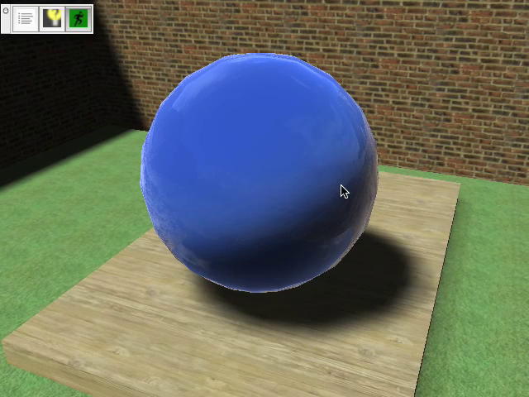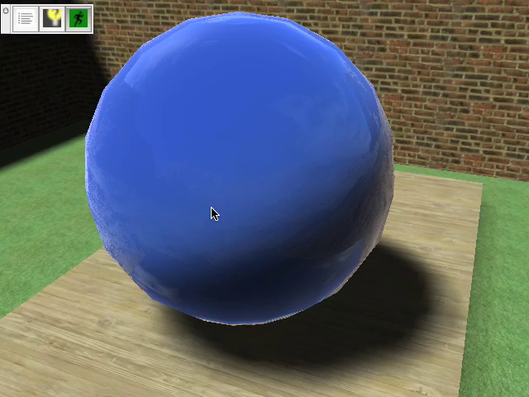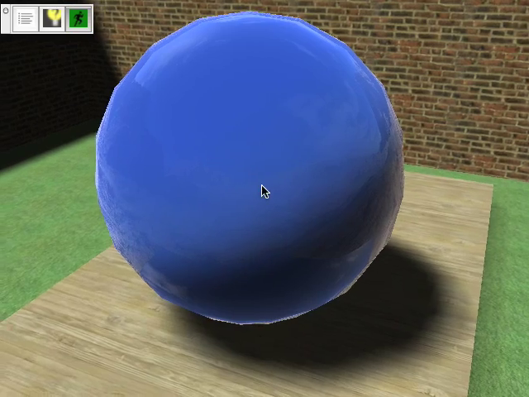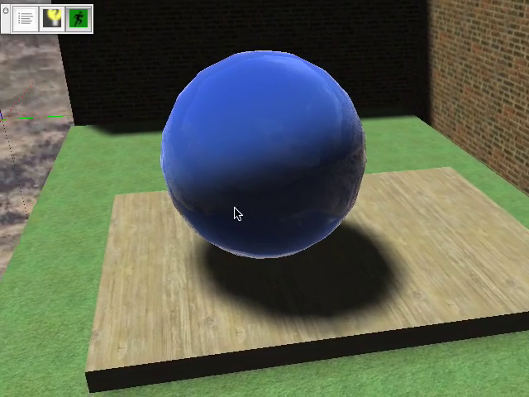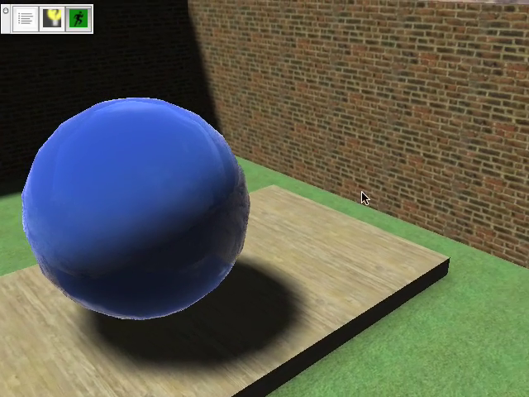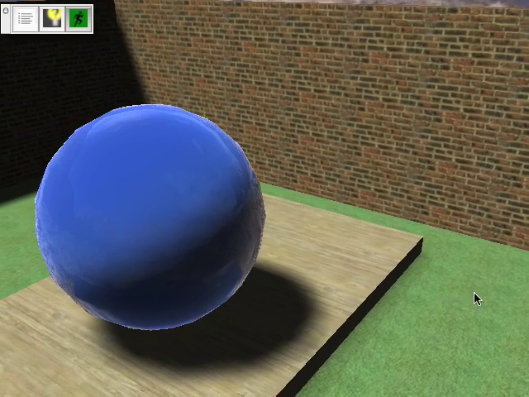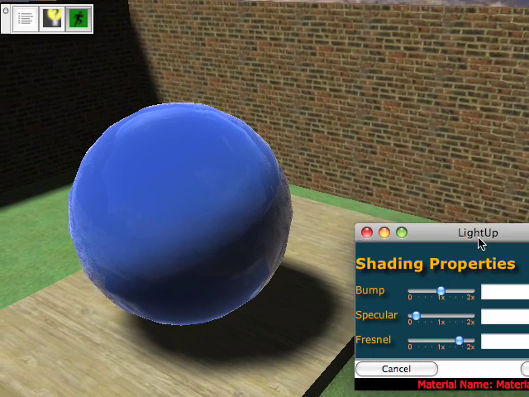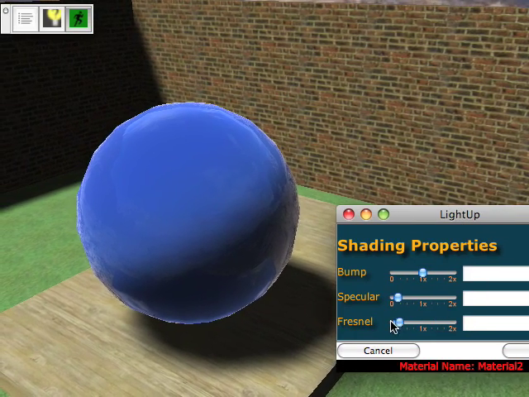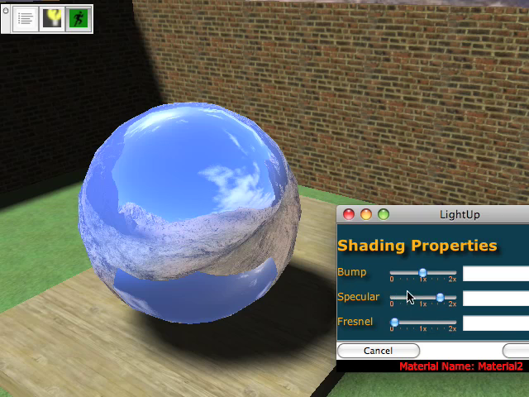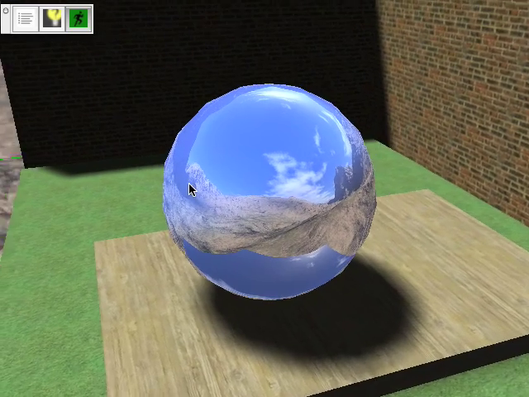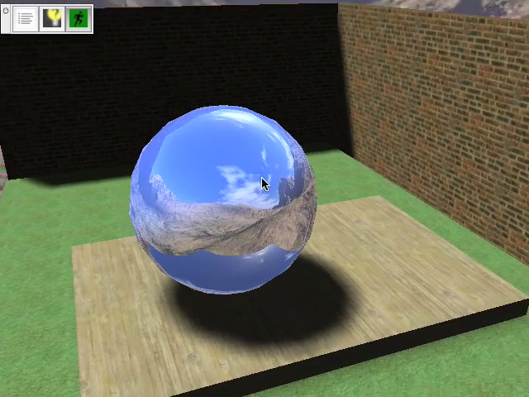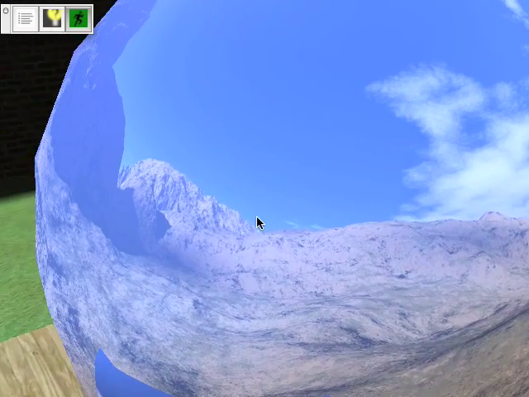This Fresnel effect is basically, think of it as it reflects less in the middle and more on the edges of objects. And the effect, though, is to give an appearance of something that's more sort of glassy. So the alternative is that you could perhaps have less Fresnel, and if you have a lot of specular and very little Fresnel, it gives a more sort of metallic look to the object, and you can see it reflecting